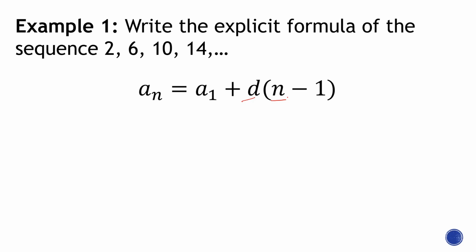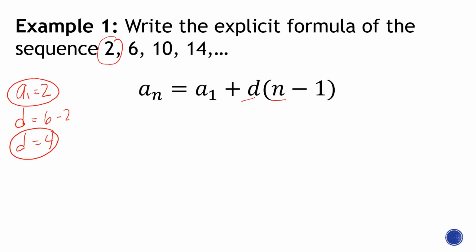Okay. So for this one, all we need are these two variables: a_1, which is the first term of the sequence, and that is positive 2, and d, which is the common difference. To find the common difference, we just compute 6 minus 2, which is equal to 4. So now that we have our d and our a_1, we can simply replace these two variables by 2 and 4 respectively. So therefore, the general formula or the explicit formula of this sequence is 2 plus 4 times (n minus 1)